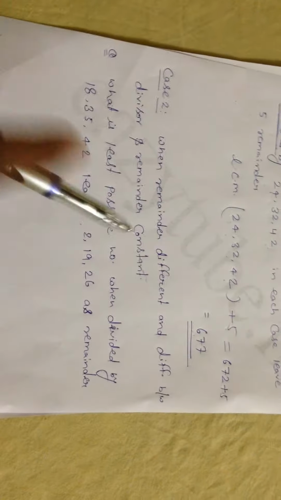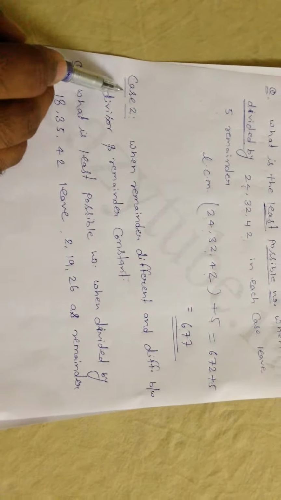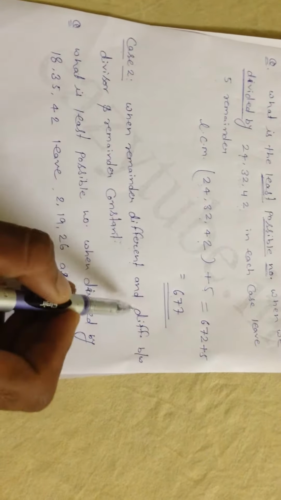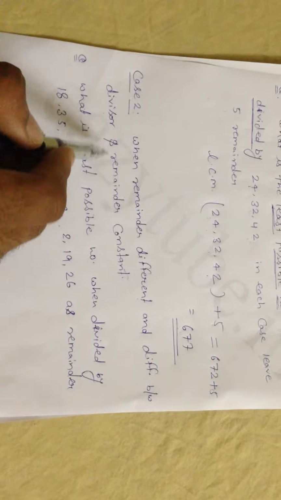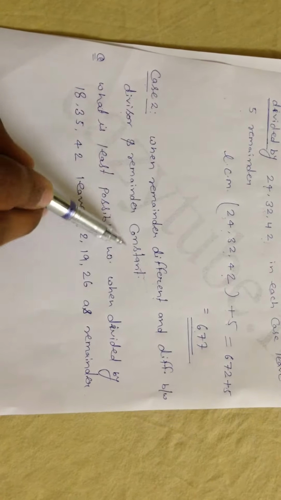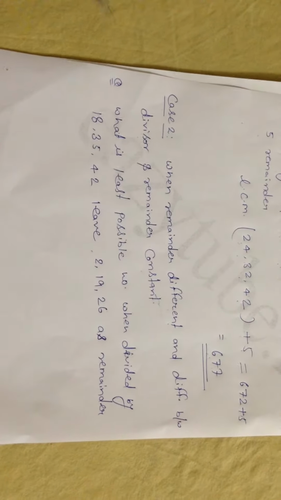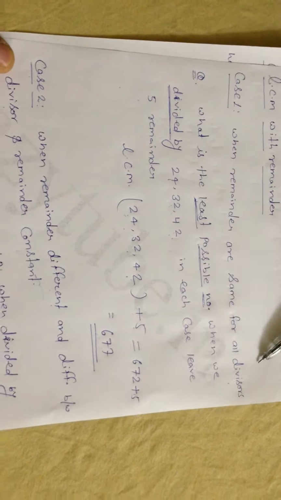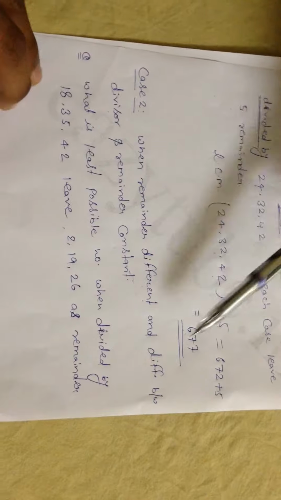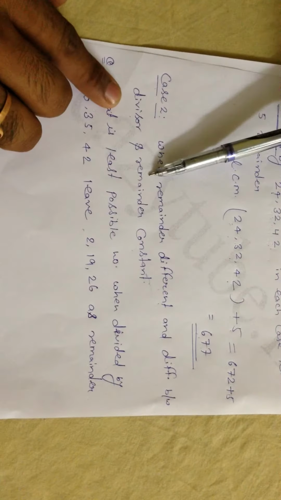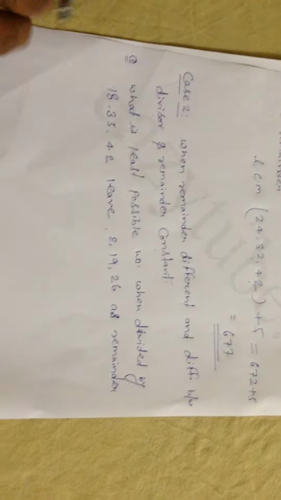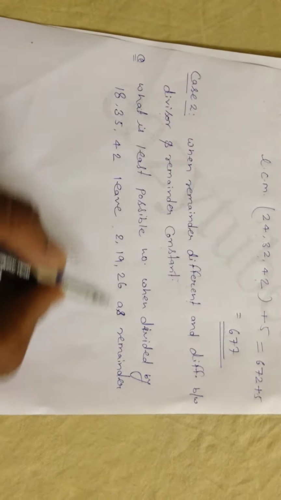Okay, let me come to the next kind of case, that is when the remainders are different and the difference between the divisor and their respective remainder is always constant. See the difference between these two: when the remainders are the same for all divisors, and this problem, when remainders are different and the difference between divisor and their respective remainder is constant. So to deal with these kinds of problems,